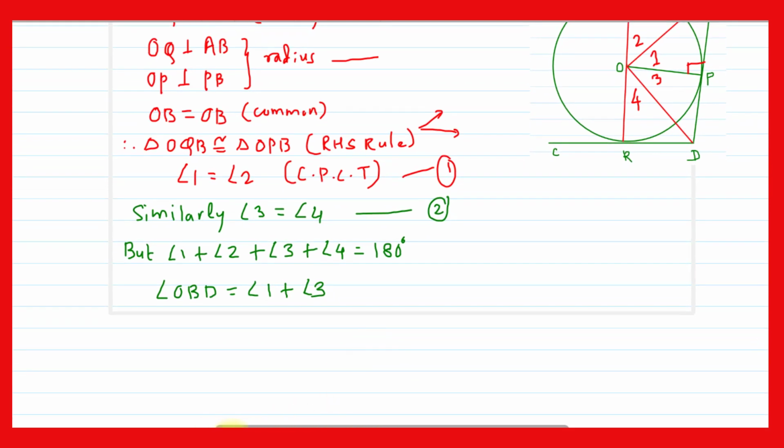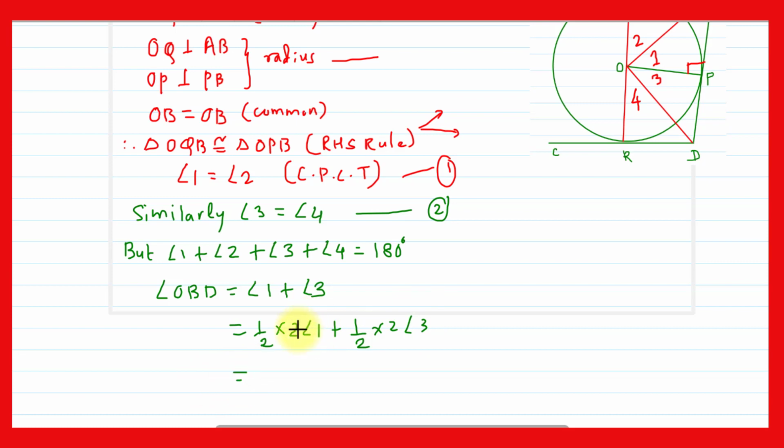Now this can be solved as, here angle 1 can be written as half of twice of angle 1, plus this angle 3 can be written as half of twice of angle 3, because 2 will get cancelled and you will get angle 1 only. Here 2 will get cancelled and you will get once again angle 1 plus angle 3.